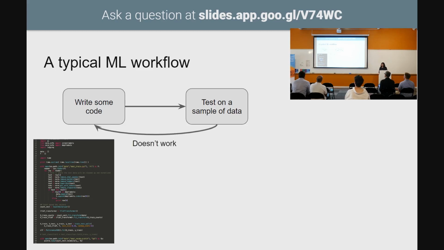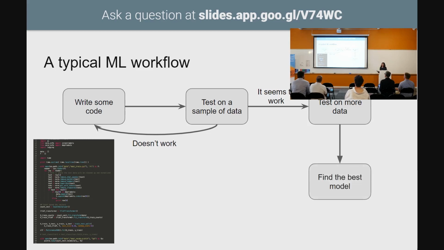If it doesn't work, which usually it doesn't because there's a bug in your code somewhere, you fix it. You write that code again, and hey, it works. So what's the next step? Well, you increase your data size. Instead of those 4 examples, you start with 400 or 4,000 and see how that works.